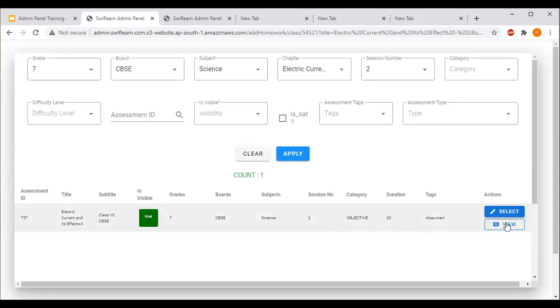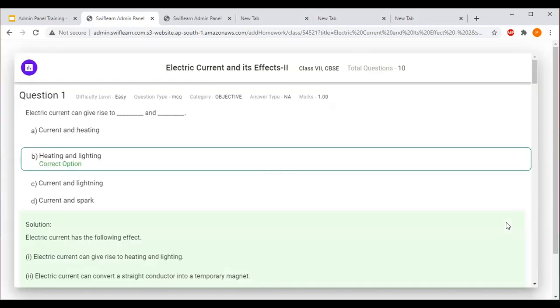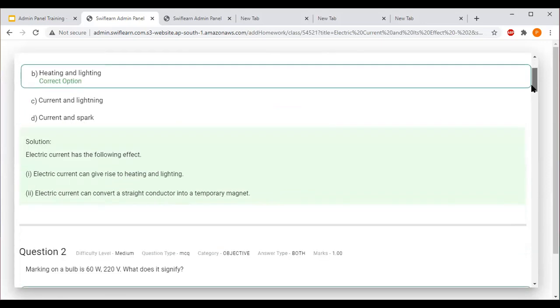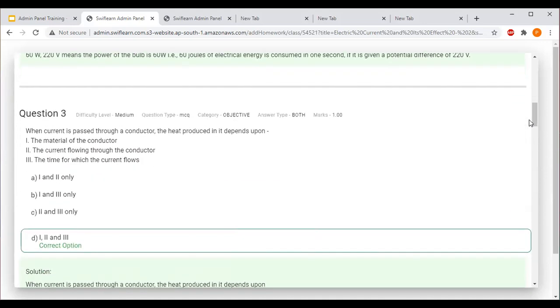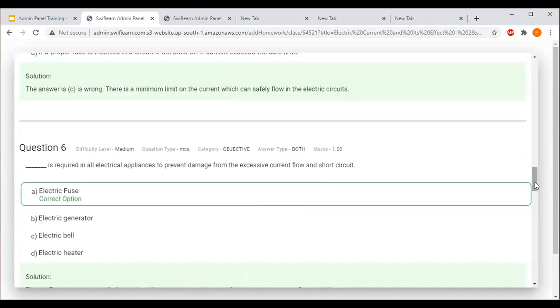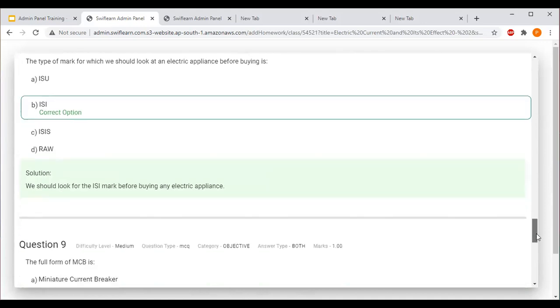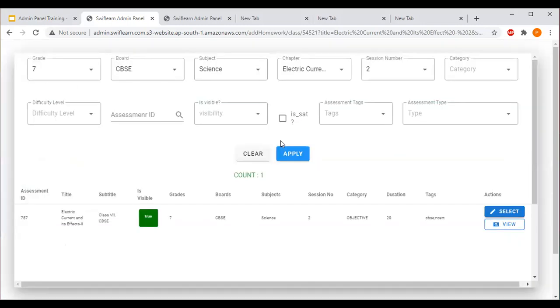First, the teacher has to view it by clicking on view. This assessment will open. So here, this is a question with four options. We are marking the correct one for the teacher's reference, and we do provide the solutions in every assessment. So in this way, the teacher can scroll this assessment and have a look at it. Now, to come out from this assessment, never ever click on this arrow. The teacher has to click anywhere on the screen and press the escape button, and you will be out.